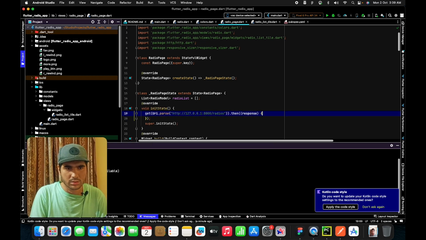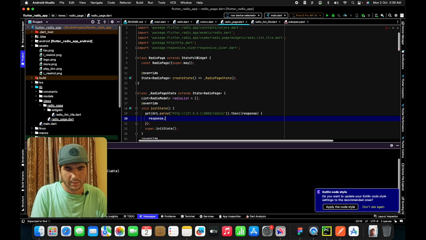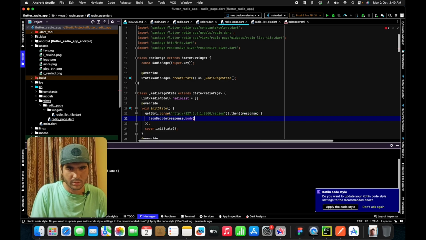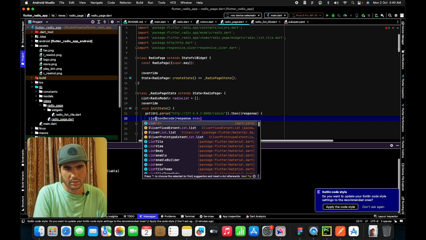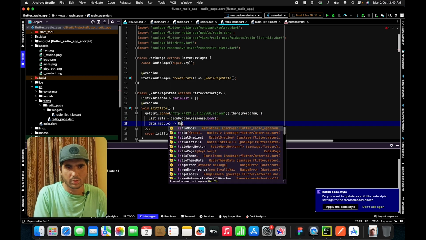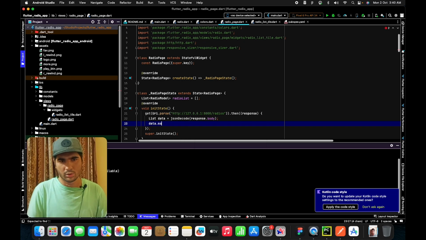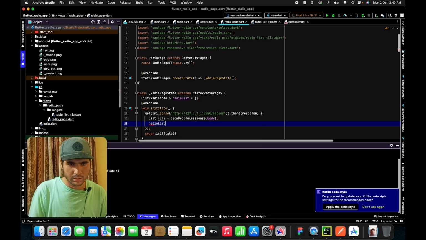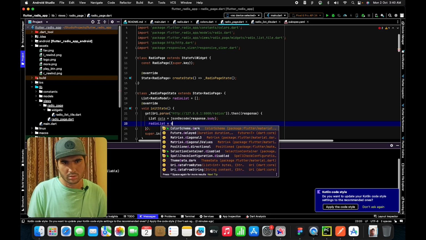So once this is done, we'll get our response and we'll get our body. We'll JSON decode that, and now we'll get our list data. This data we'll convert into a radio model. So radio list is equals to